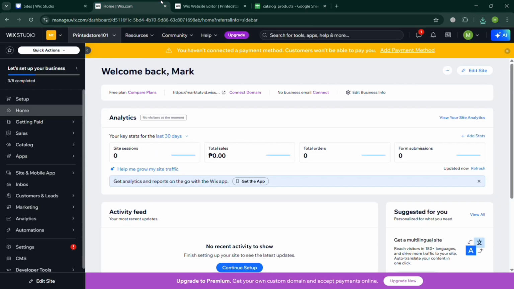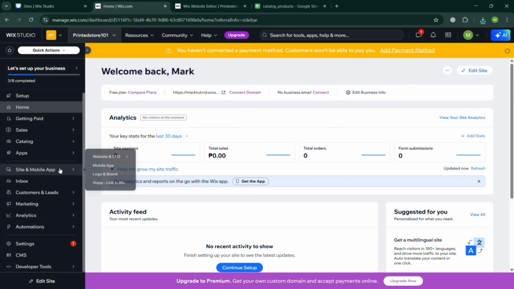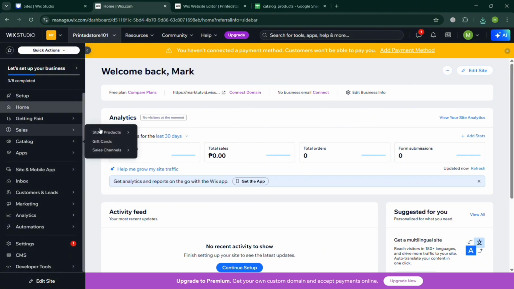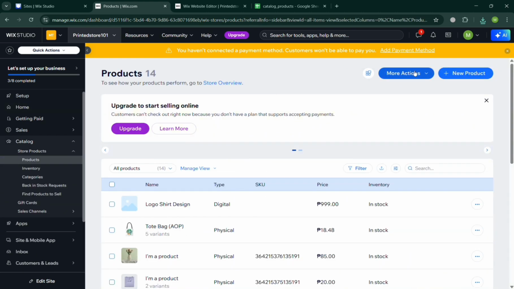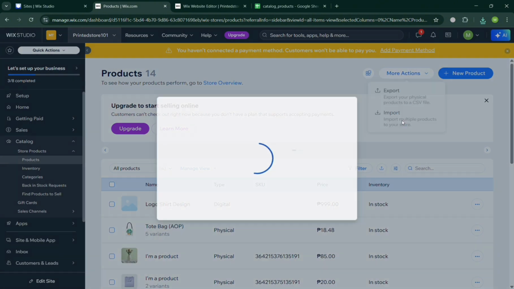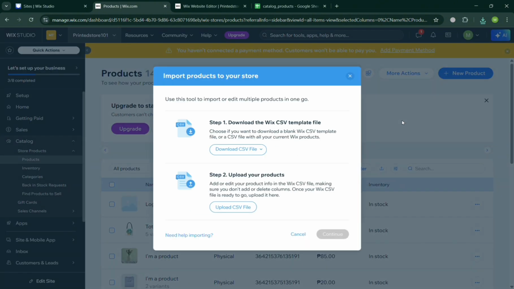Now going back to this page, to start importing it, go back to the left side panel, click the catalog section, and go to the store products, since we're trying to upload the bulk products here. After that, on this page, click the more options button on the top right corner once again and click the import button, which will show you in this pop-up window some things, where we have step 1 to download the Wix CSV